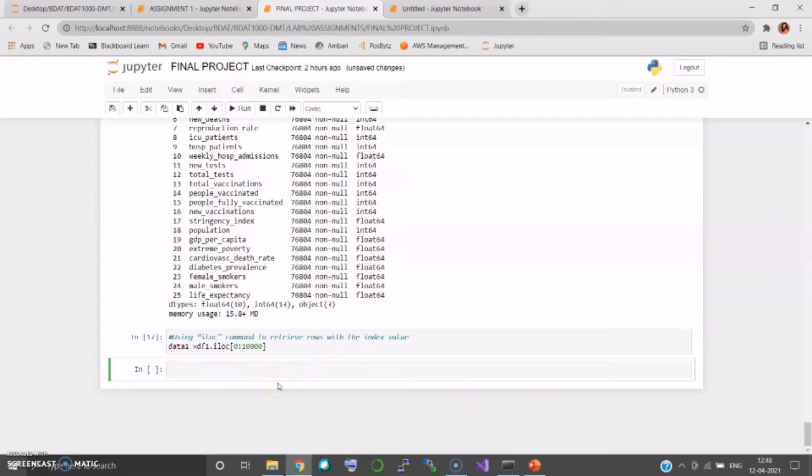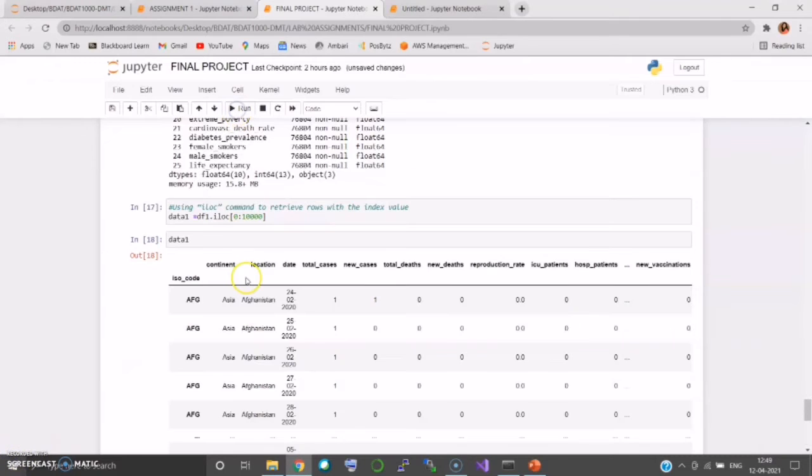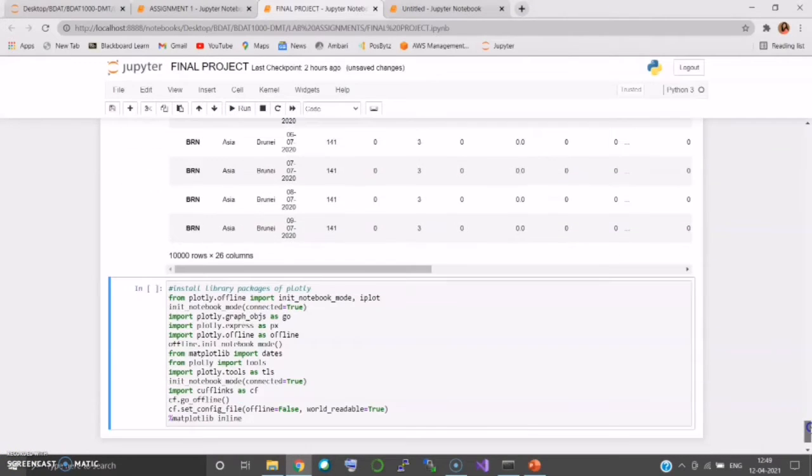Because if I take the whole data set, it takes more than 2 hours to display. So I'm using just 10,000 rows for visualization, and here I'm displaying my data set. We can see here it has 10,000 rows by 26 columns.